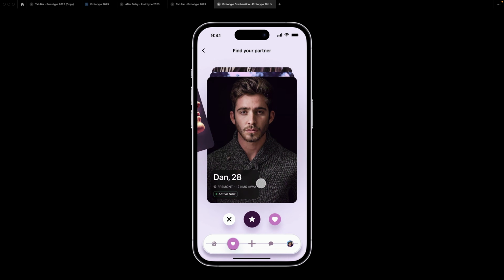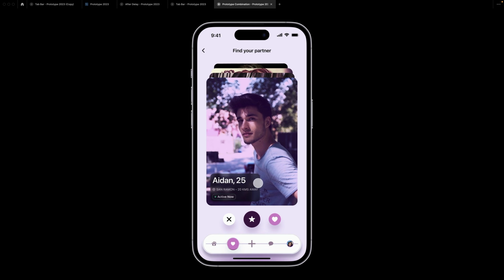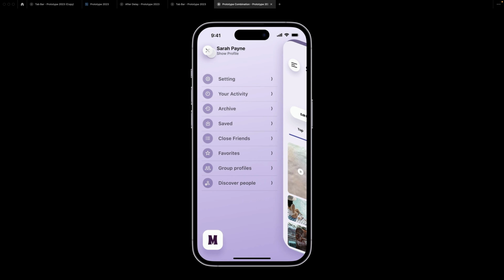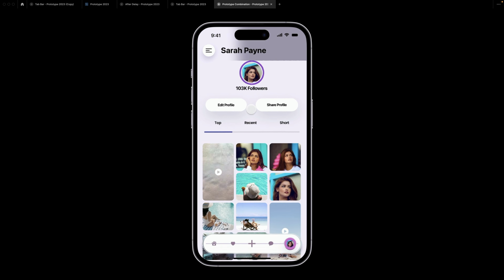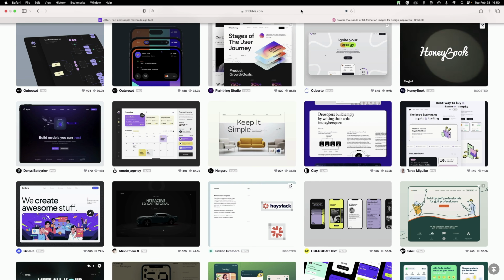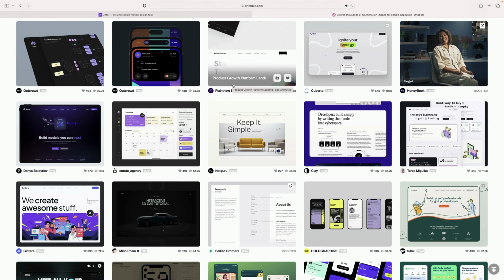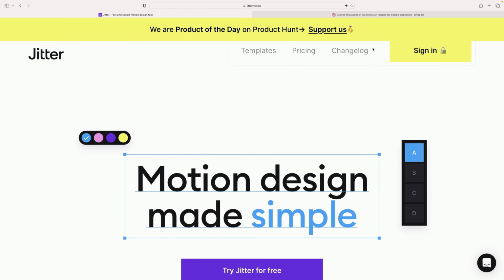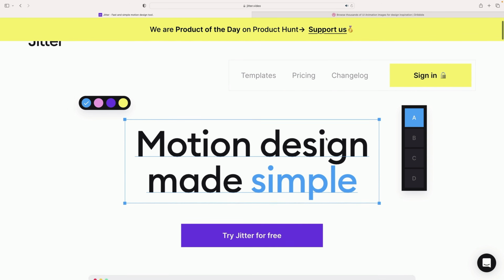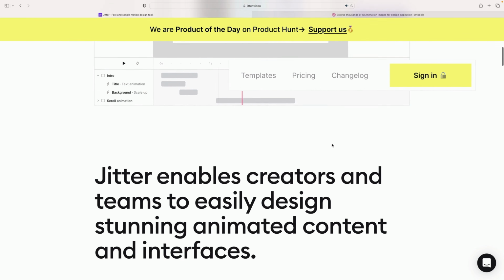The second part will cover more complex prototyping that will require a pro account. We will explore Unique's concept made specially for this course. Plus, you will learn how to create a quick and cool animation in the style of Dribbble, a popular design platform, using Jitter. So you won't need to use After Effects anymore.